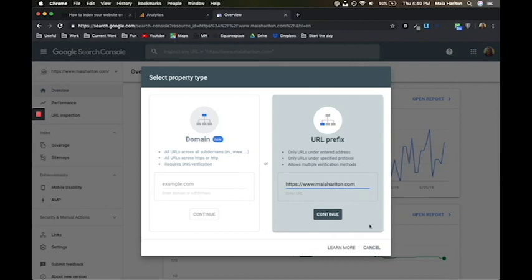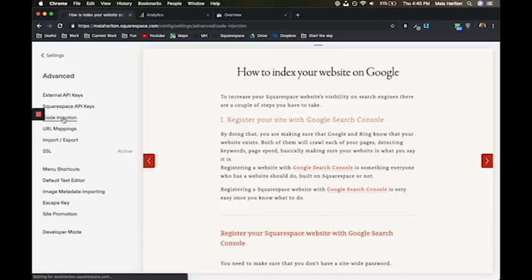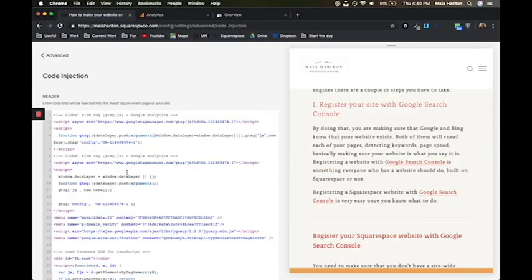It might ask you to verify your ownership. And most of the time, it either asks you to log in through your domain name provider, and also sometimes it asks you to copy some type of code in your website or to upload a file. I would do it again in code injection under that big code right there. You can just copy and paste it, which is exactly what I've done right here, Google verification. Once that's done, you go to the property